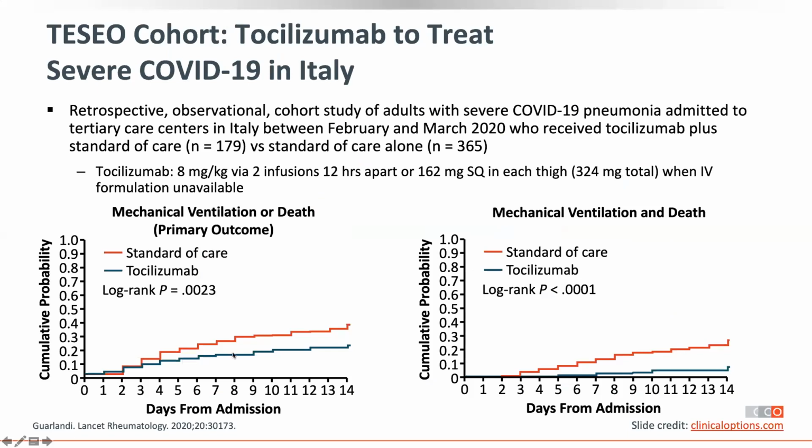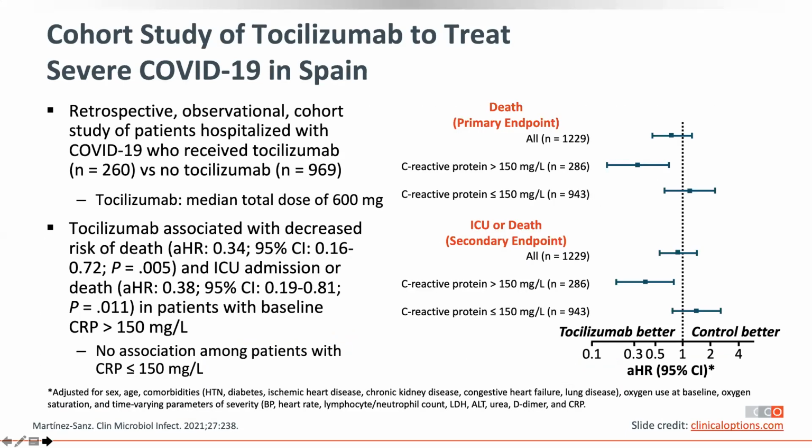In this case, they are not in red. The one which you can see there in green is the tocilizumab, where you see there is a reduction in ventilation and also death. And similarly, also the days from admission over time, compared to the standard of care, there is a reduction in both ventilation and also mortality. Again, looking at it from another angle, you can see this slide which is presented here.